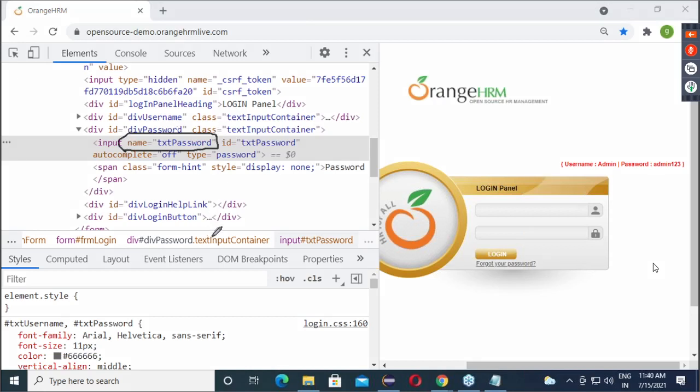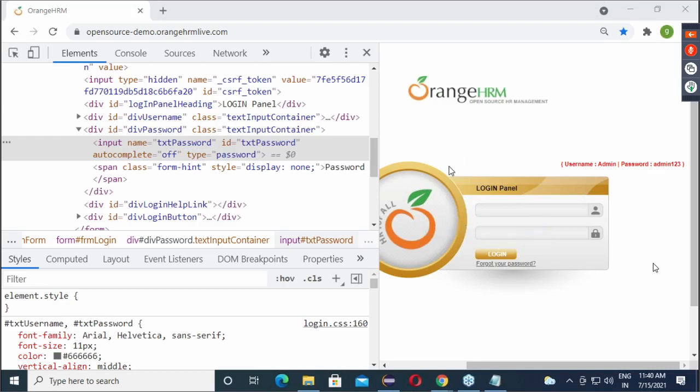So guys, if by chance after inspecting, ID is not available, if ID is available we will go for ID. If ID is not available in the HTML code, can we go with name? Are you recalling we have one locator name, the second method?